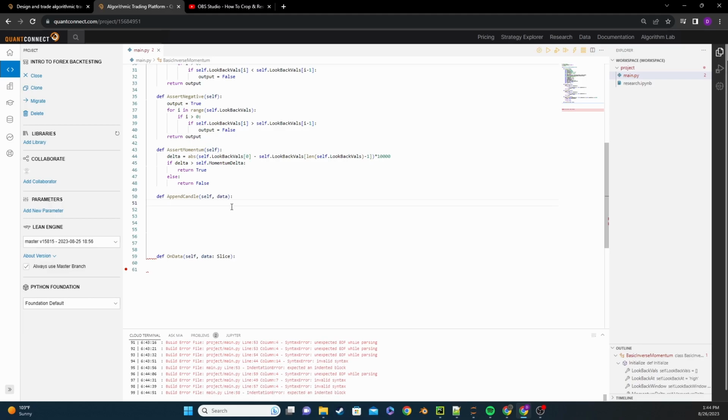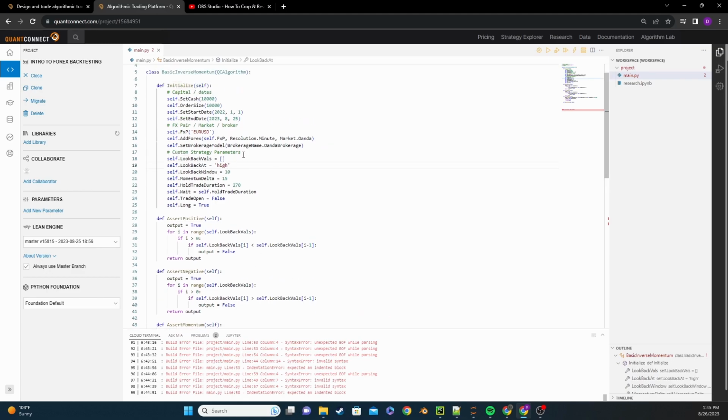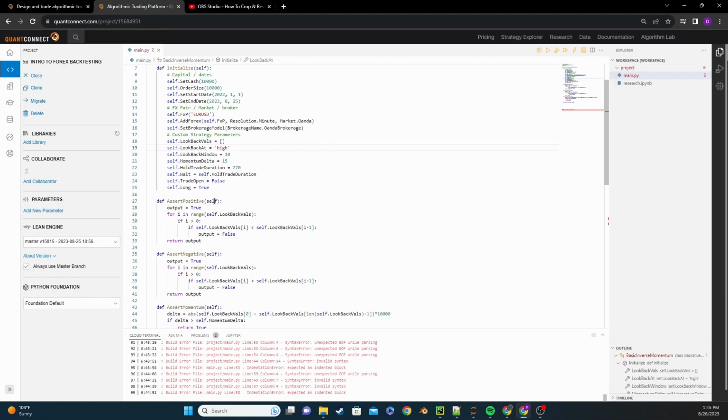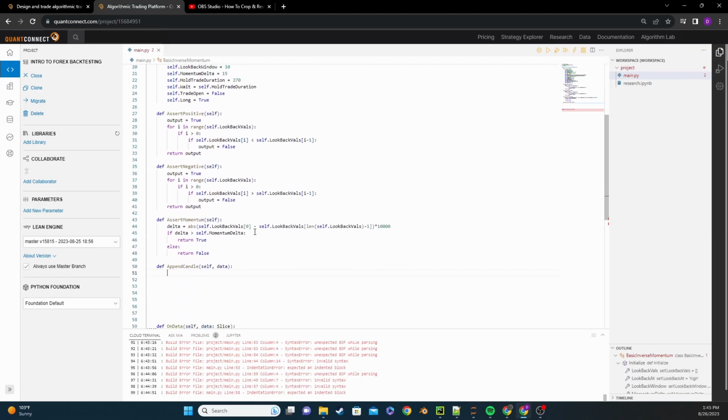And then depending on what this look back at is going to determine if we're saving the high, medium, low, or close. And why this matters is, in this first algorithm, we could have just said look back high and not even worried about this. But what if I'm back testing this? I want to see with high values, low values, open values, close values. I can easily come in here and modify it each time, run it 4 times, get that kind of sensitivity analysis, and see if there's a significant difference between which value you're looking back at in this strategy. So I want to have that logic in place so that I can easily do that